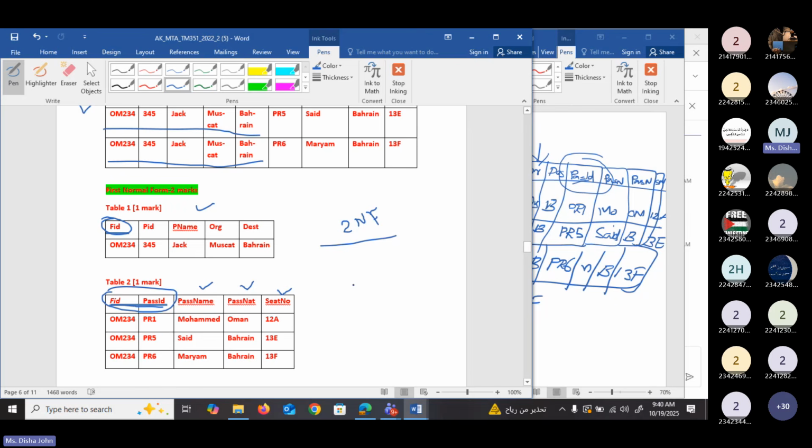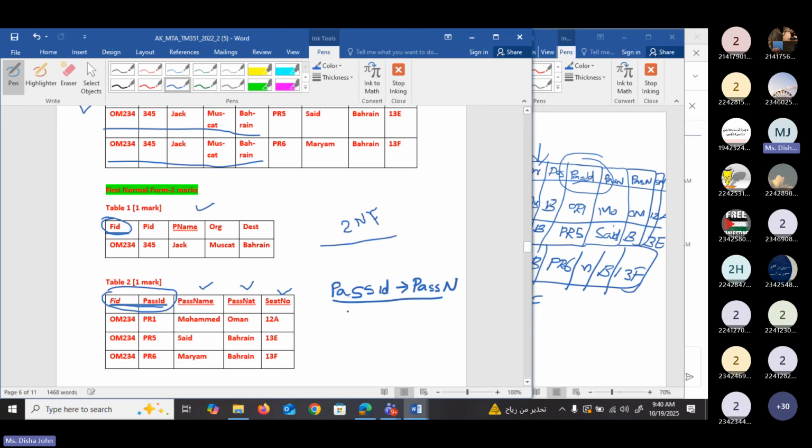Do you understand? Okay, I will write it here. Passenger ID determines passenger name. Here we are checking whether such a dependency is there in the table. What is meant by dependency? I'm going to write it here.